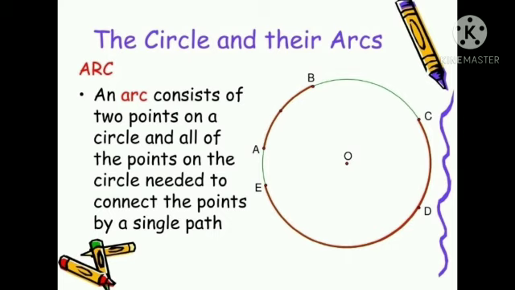Now as you can see in a circle here, the arc is marked. The arc starts from one point and ends at the other point. Now see here, arc starts from E but ends on point C. So your arc is EDC. Similarly, another arc is marked, that is AB.